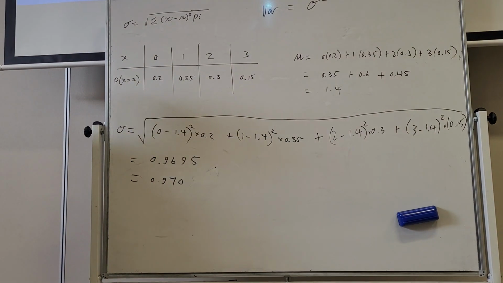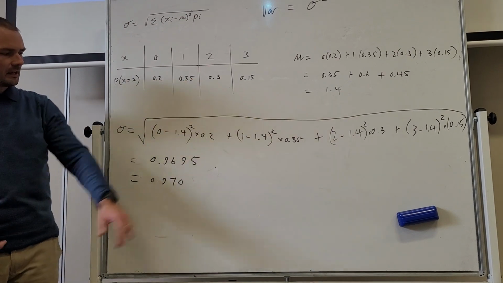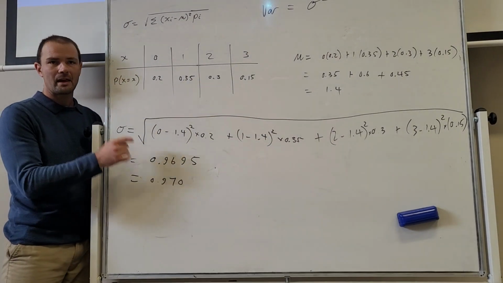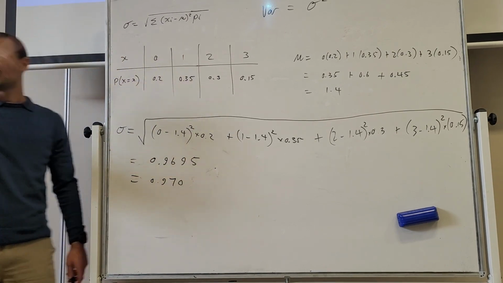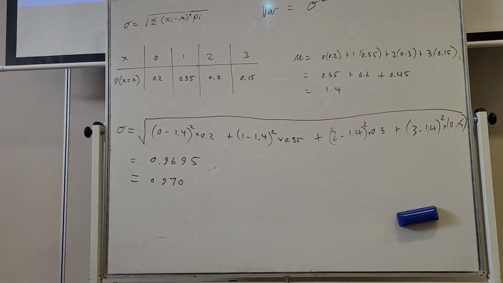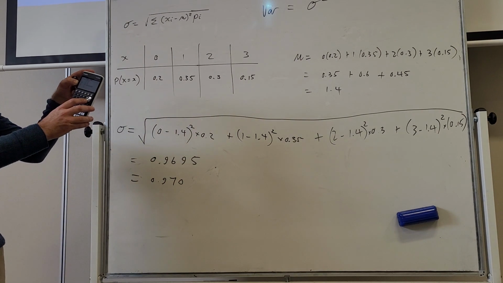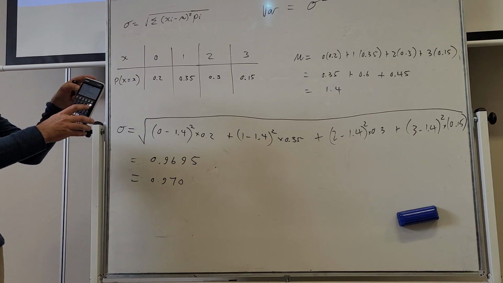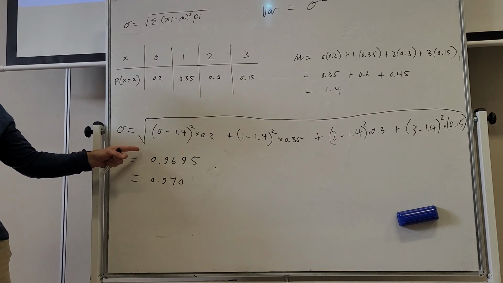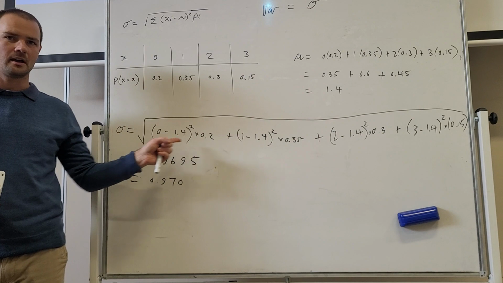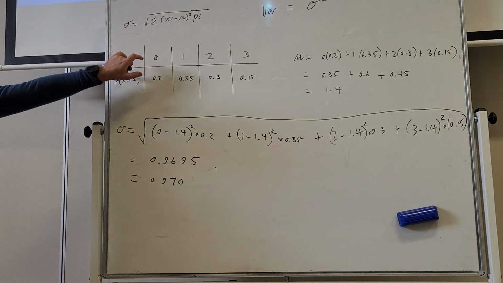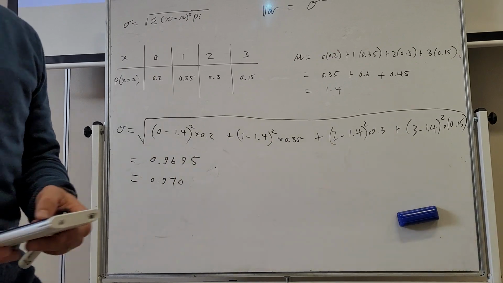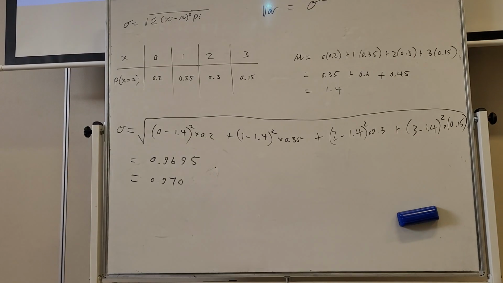All right, so write it out manually, but when you do the calculation, remember how I showed you the other day you can do mean in your calculator? There's actually an option that pops up for standard deviation as well. So if you scroll through, it gives you all the details. I've used sigma x, that's the standard deviation of the distribution I've got there, 0.9695. So rather than typing in all this in my calculator, what a pain, I just put this in the stat mode. So give that a whirl. You're expected to know the